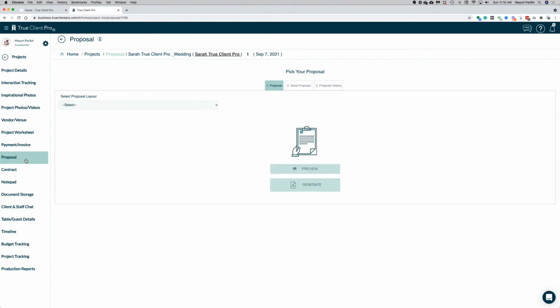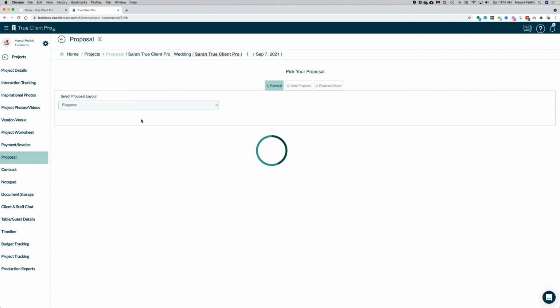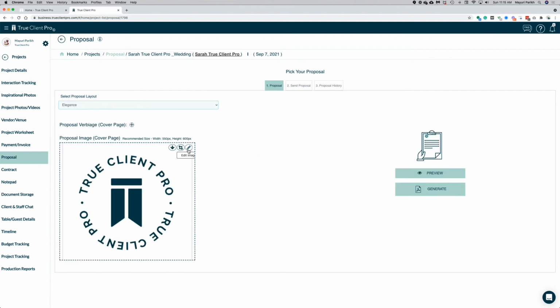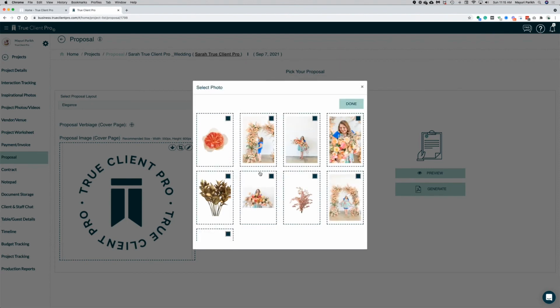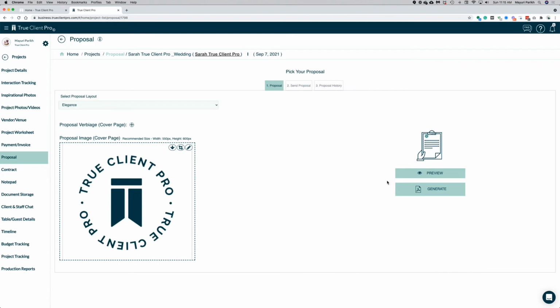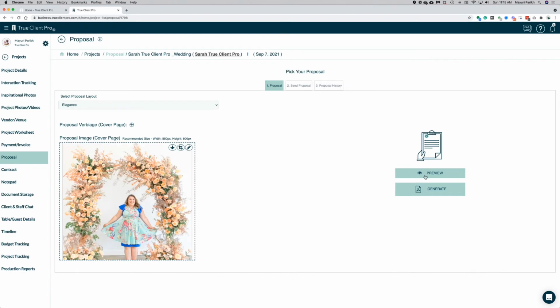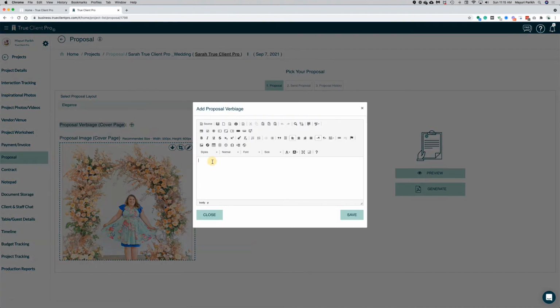In the proposal section, we're going to go ahead and choose Elegance. Elegance has 1 image, and then click on this edit image. It will give you option right back to choose an image. So let's go ahead and choose our arch again. There we go. Now it should catch it. And then click on preview. But before we click on preview, you have an option to even customize this further. Over here, you can add client's name or name of the event, whatever it is. So here we can say,